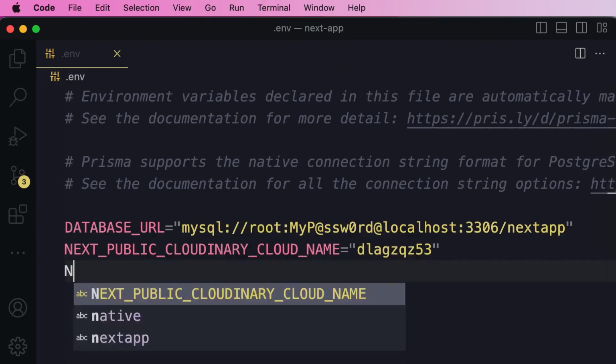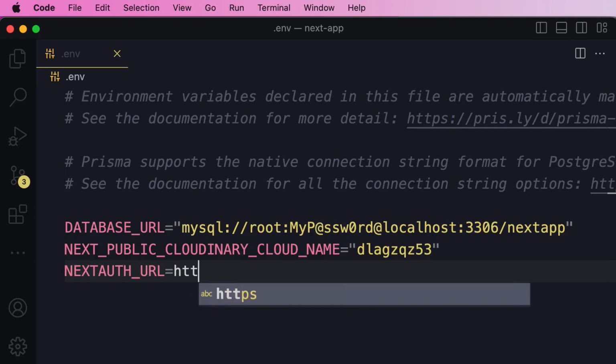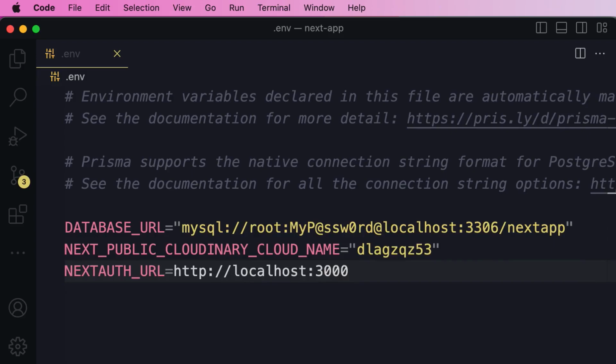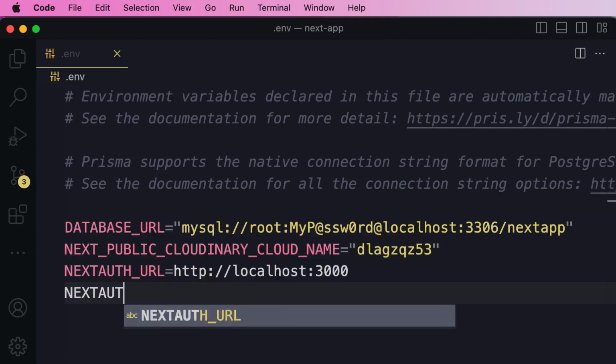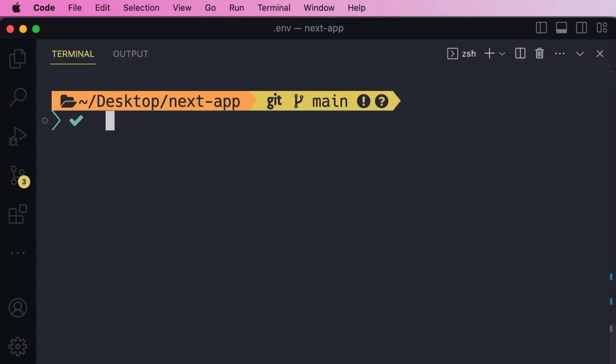In this file, first we add NEXTAUTH_URL. We set this to the address of our website, so localhost port 3000. Second, we add NEXTAUTH_SECRET. And this has to be a long random string that NextAuth will use to encrypt and sign the authentication keys. So here we can set this to any long random string, or we can go to the terminal and